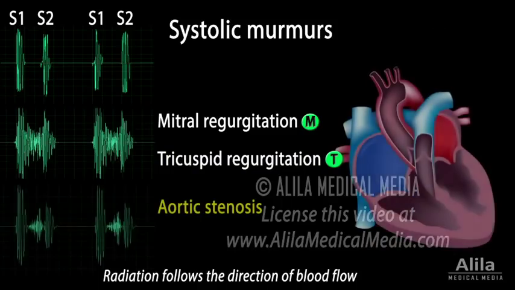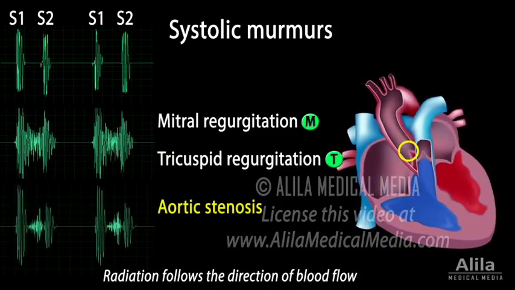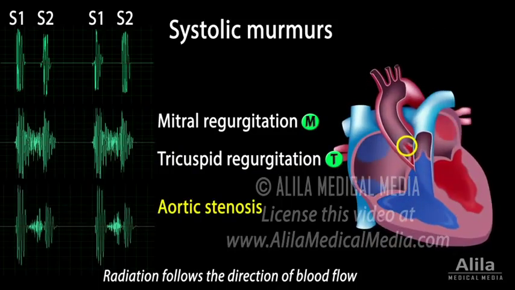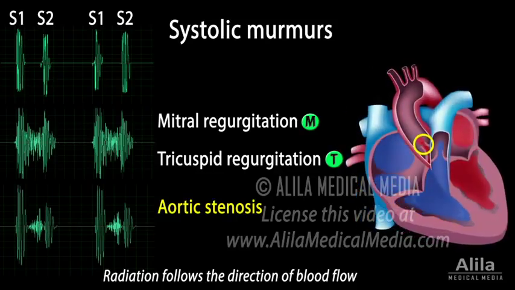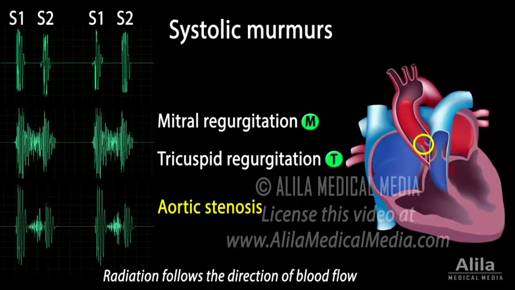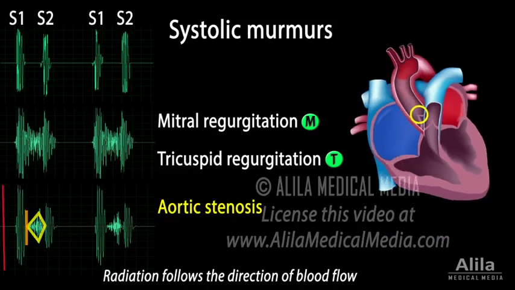Aortic valve stenosis: when the aortic valve does not open properly and blood is forced through a narrow opening. The blood flow starts small, rises to a maximum in mid-systole at the peak of ventricular contraction, then attenuates toward the end of systole. This results in a crescendo-decrescendo, or a diamond-shaped murmur, which starts a short moment after S1. It is often preceded by an ejection click caused by the opening of the stenotic valve.